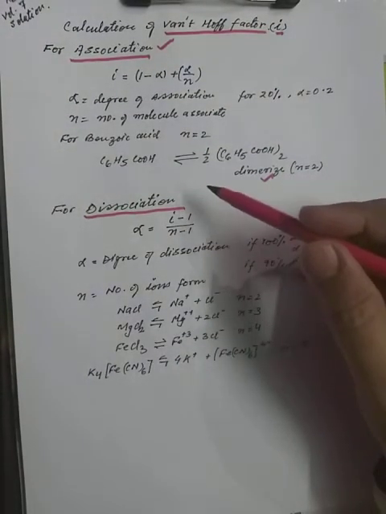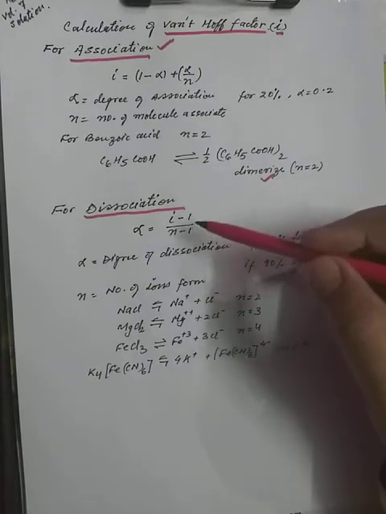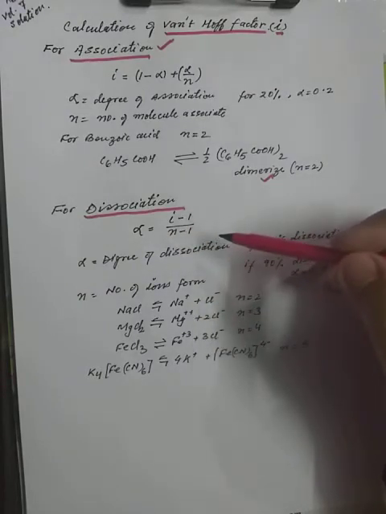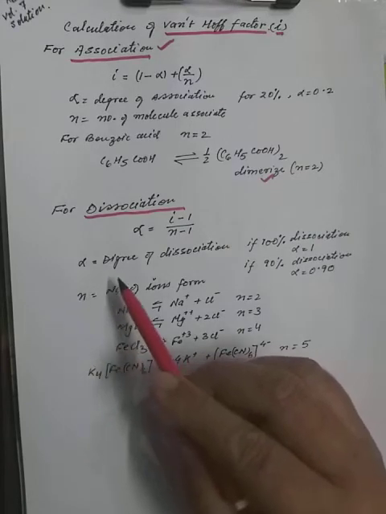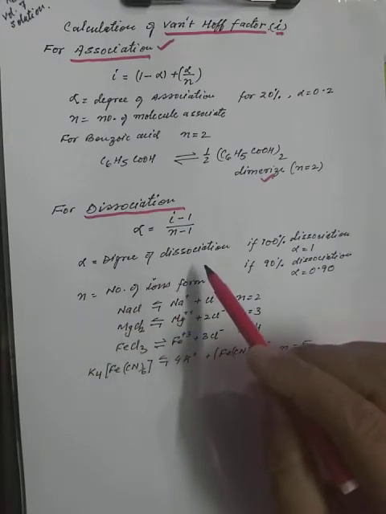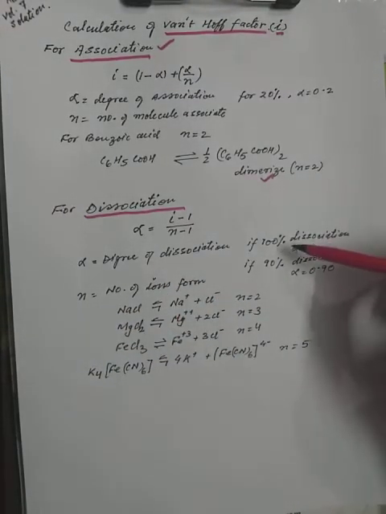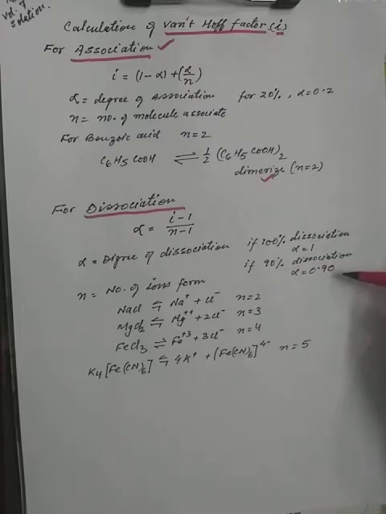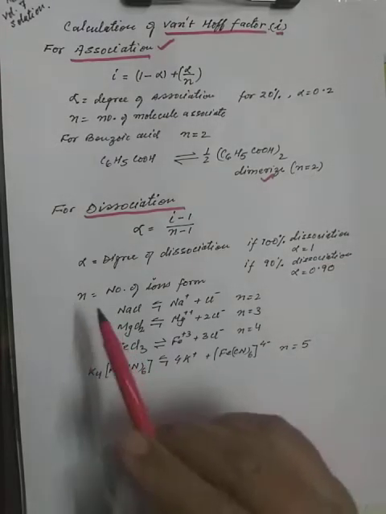For dissociation, alpha is equal to i minus 1 upon n minus 1. Here alpha is the degree of dissociation, and by the same method we will calculate alpha. If 100% dissociation is given, alpha will be 100 upon 100, which is equal to 1. If 90% dissociation is given, alpha will be 90 upon 100, that is 0.90,